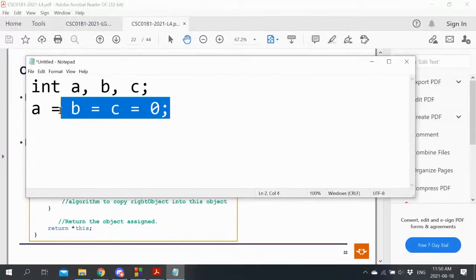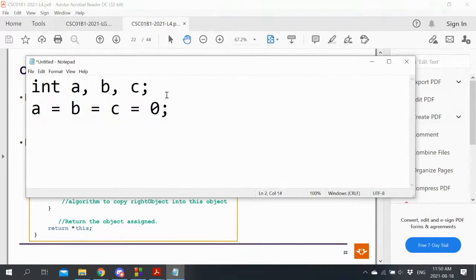So this, for example, would assign 0 to all of these. And the way this gets evaluated is similar to the stream operators, except that the assignment operator is right associative. So it starts at the right-hand side, and then it must evaluate this.